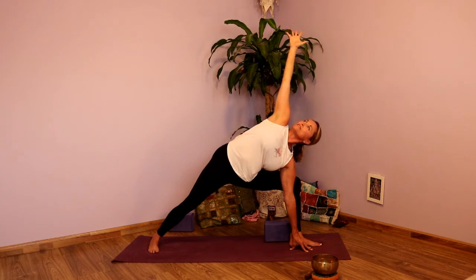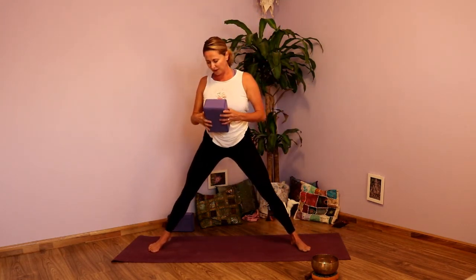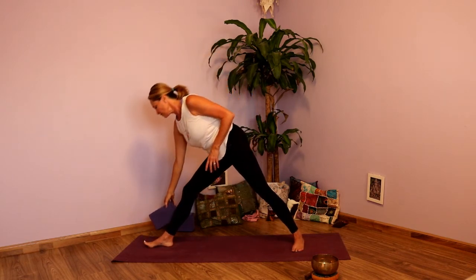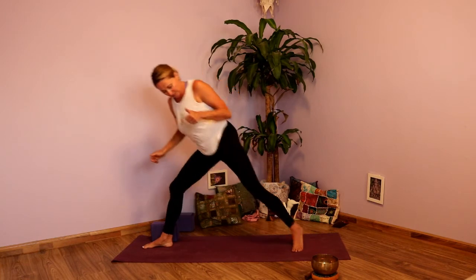Inhale, top arm reaches. Exhale, gaze looks down. Bring that block with you again. Inhale, press yourself up. And exhale, switch those feet around again. Block comes down. Square the hips this time, so that back foot is going to come out toward the left a little,